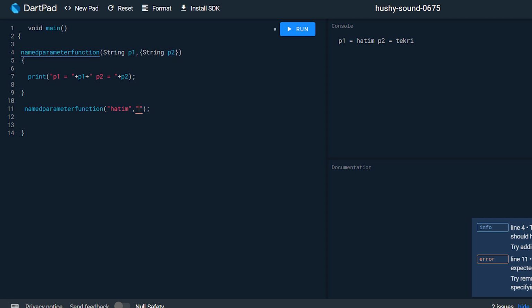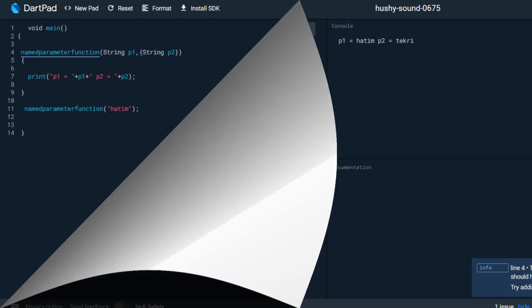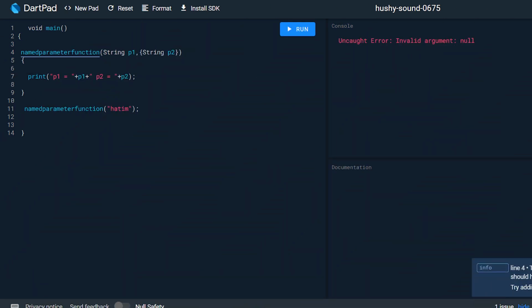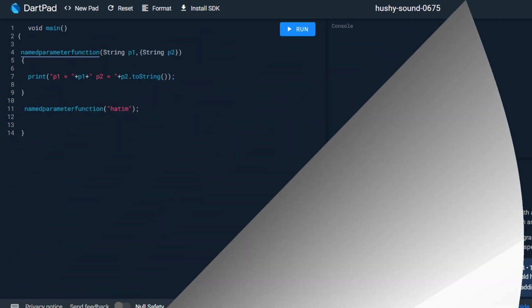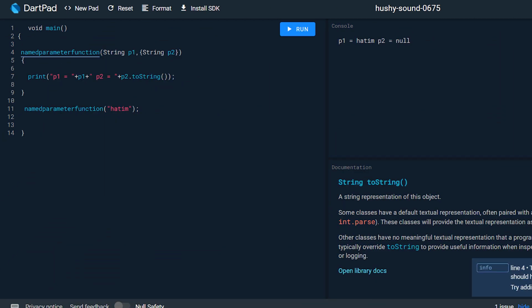So if we skip the second argument, it still gives the result. Let's click on the run button. I think we have to put the toString method here. Click on the run button. And yeah, it prints p1 equal to Hatim and p2 equal to null.